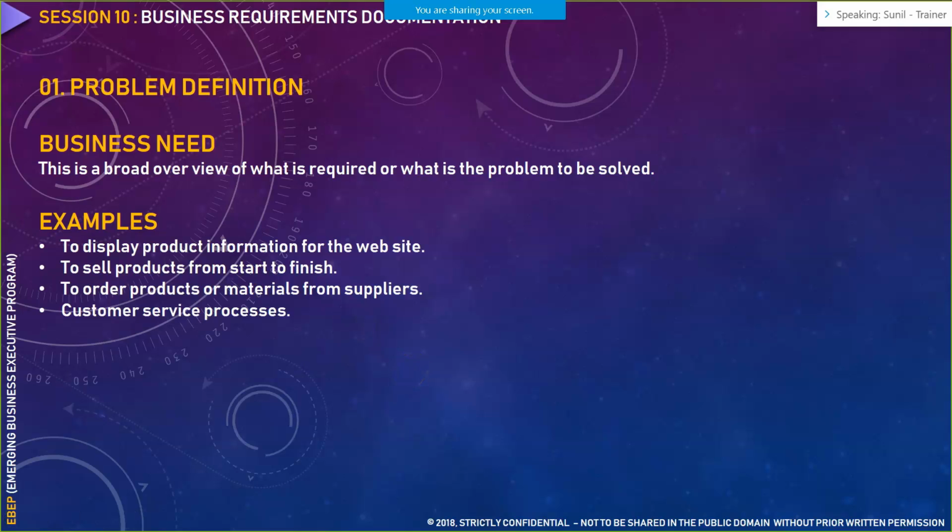So when your request for proposal comes in, your business customer would give you a description like this: to display this thing, to display this thing, and so on. So your initial requirement would be 4 to 5 lines. Now, how you go from those 4 to 5 lines through a journey wherein you create a business requirement document of around 400 to 500 pages is something worth exploring in a typical given scenario. There is a lot of effort involved in it. There is a lot of research work that you need to do, lots of information gathering,